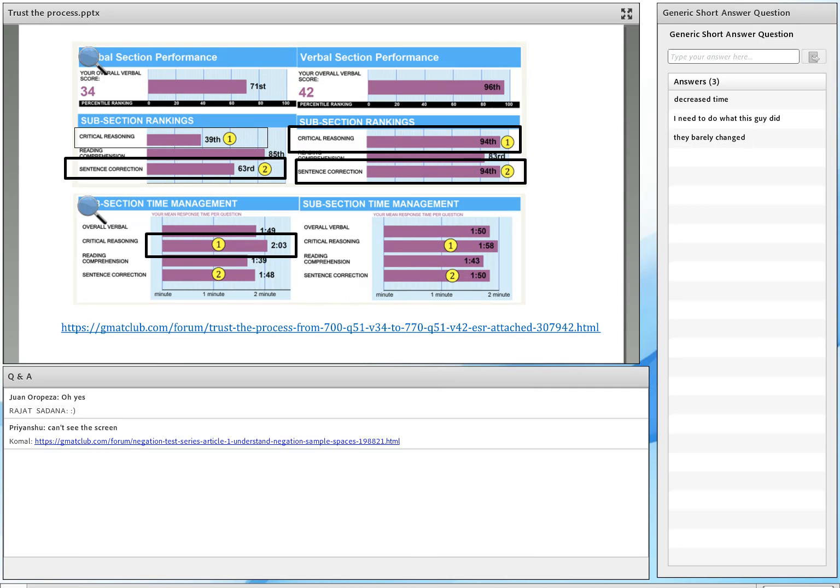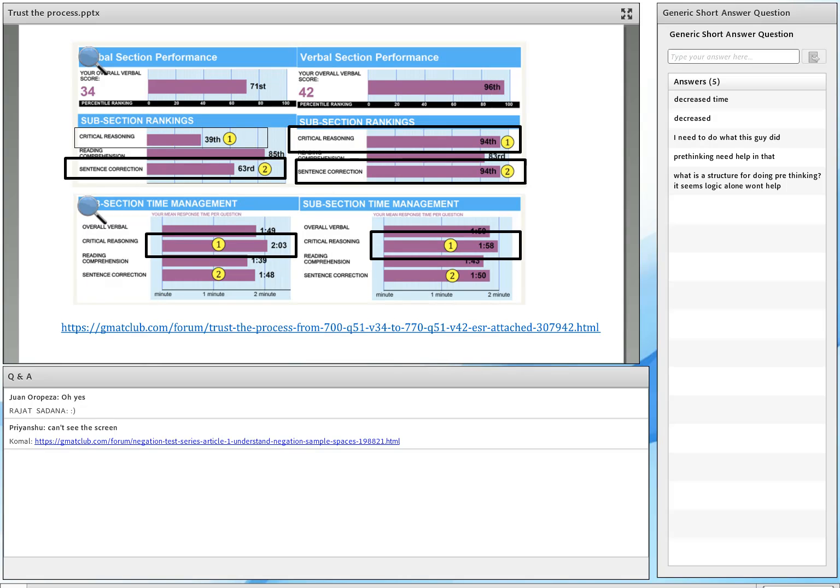When he scored 94th percentile, his time to answer a question at an aggregate level went down by about 5 seconds. This is despite the fact that he was getting the hardest questions on critical reasoning. When you score a 94th percentile, you get the toughest questions over there. And as you download his ESR, what you're going to find is he did make mistakes. But because he made mistakes on hard questions, he was still able to get to a V42. And that's really important.